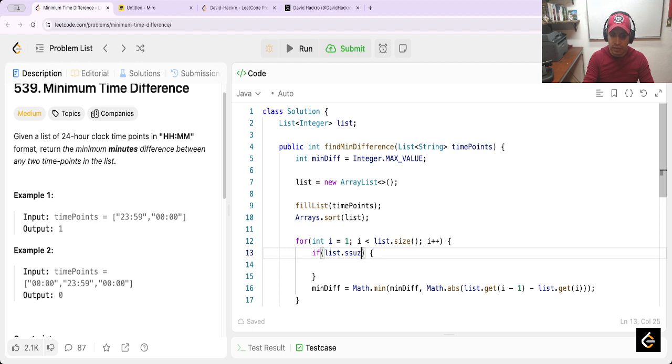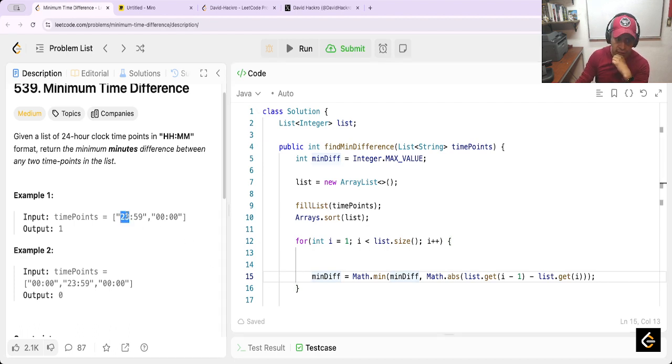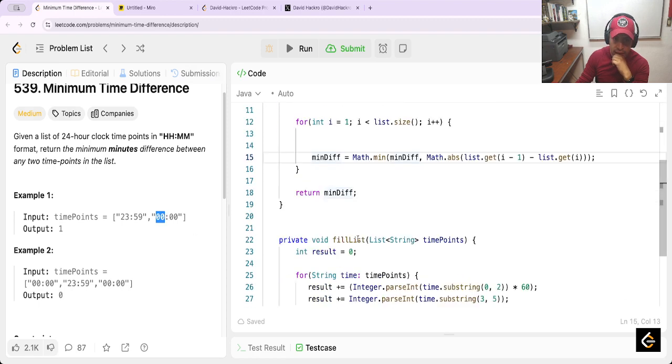Yeah. For example, if list.size, list.get in the index, yeah, here. Yeah, I need to handle these cases. This is the default case where any of both times is different to this, because the problem is this. Yeah, here only for